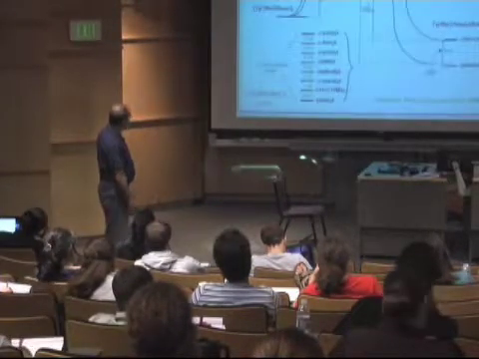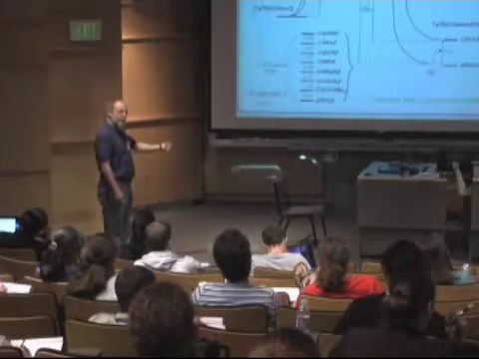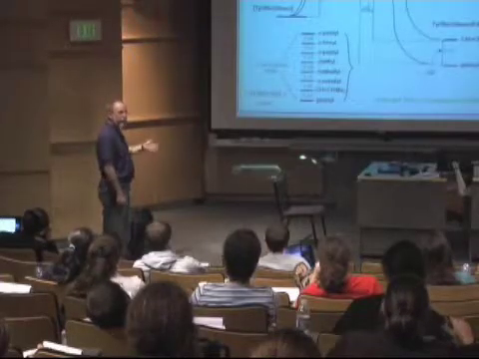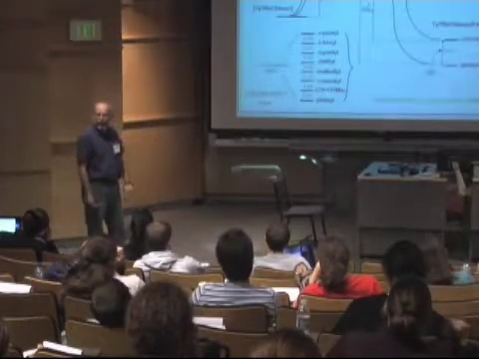In our case, here is a summary of what we did. Kinetic selectivity for a wide range of hydrocarbons is pretty small. From the best to the worst is only a factor of 22 to 1. The best, the fastest substrate versus the slowest substrate. But in terms of thermodynamics, 11.5 kcals per mole, that's 220 million to 1. You'd never measure that directly. So a big difference here for these, but a small difference in kinetic selectivity. So you can get that kind of detailed information just by doing simple first-order kinetics and